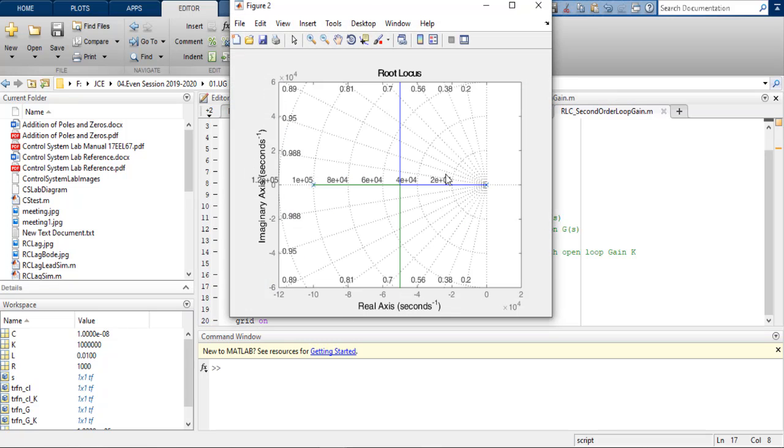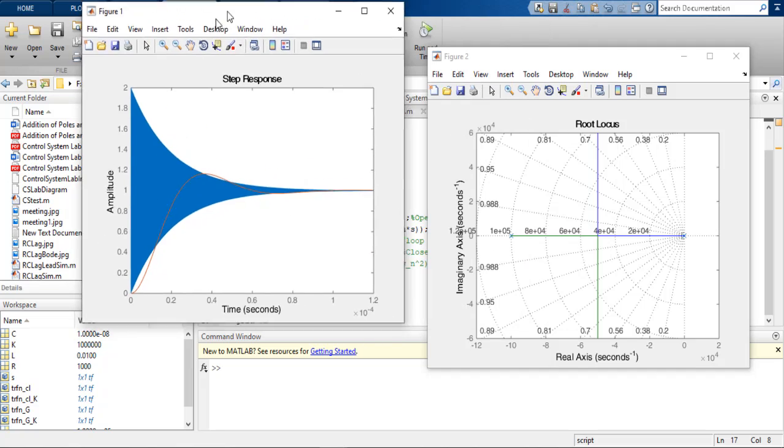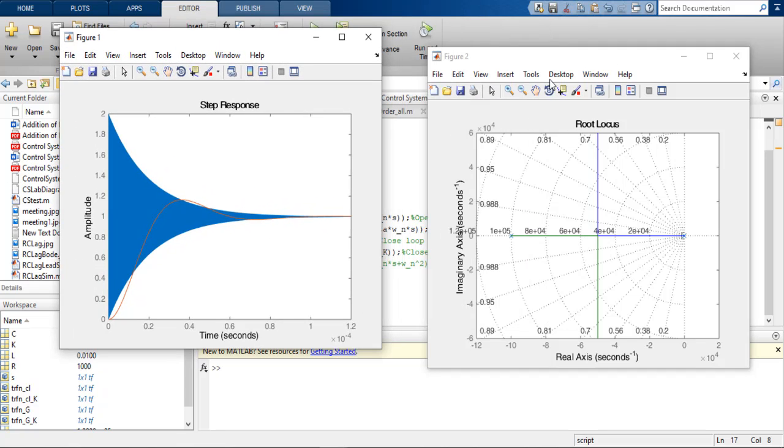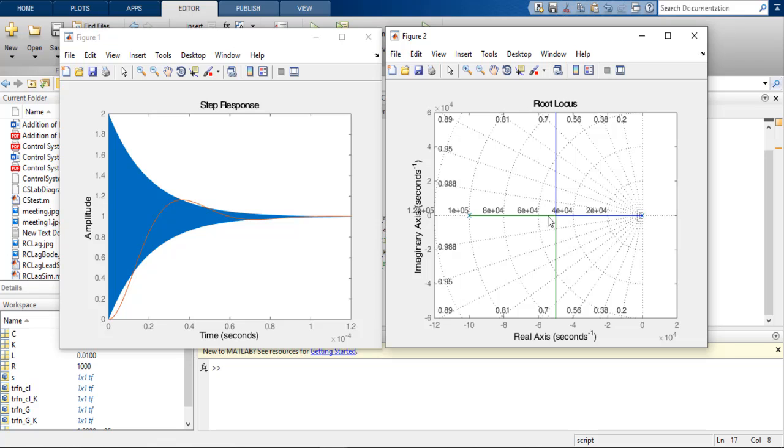So we run this together and you can see both the root locus plot and the step response figure side by side. You can see that these are the poles. One of the poles is here, the other pole is here. With the increase of the value of k, one root goes vertically up and the other goes vertically down, but the poles do not cross the y-axis, and so you will not get any instability.